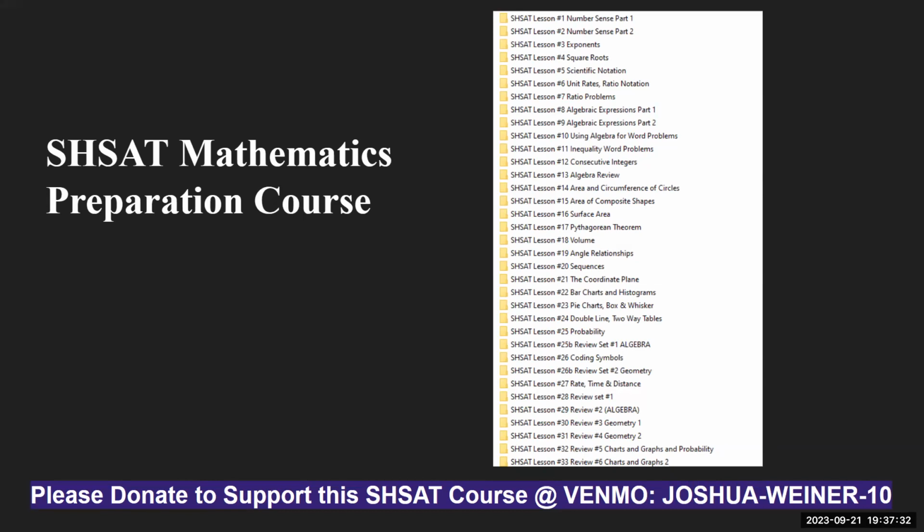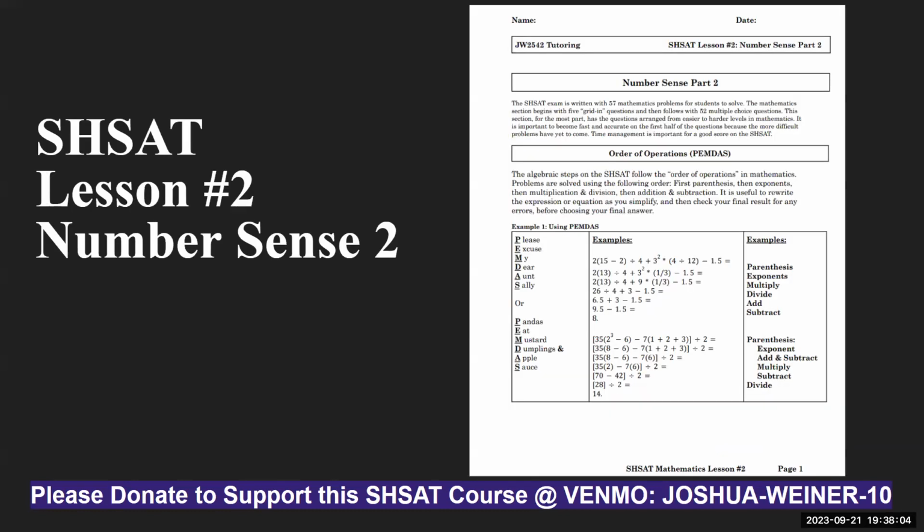Oh, I didn't learn about square roots yet, or oh, we're just starting to learn about the Pythagorean theorem, or angle relationships are being added more to the exam, or what's a two-way table, lesson number 24, etc. So each lesson helps you focus on a few questions of the 57 that are on the exam. And then by the time you go through the course sequence, you've gone through 95% of the problems that you will encounter on the SHSAT or more.